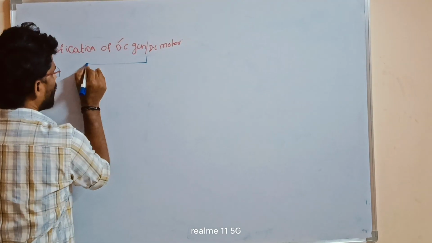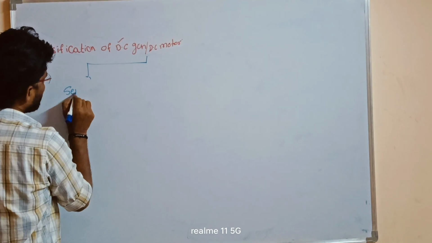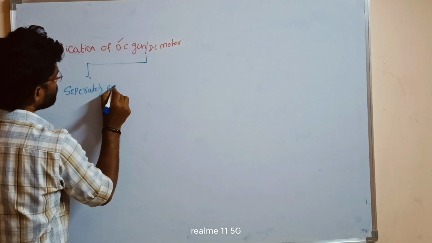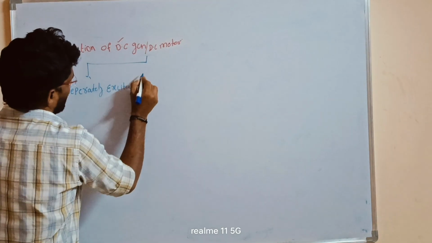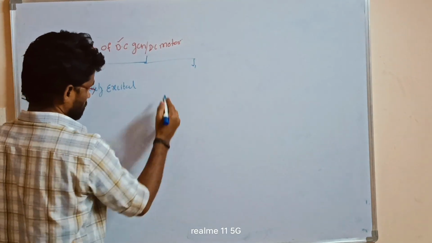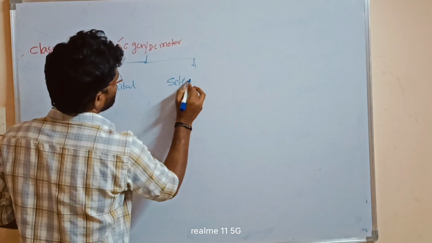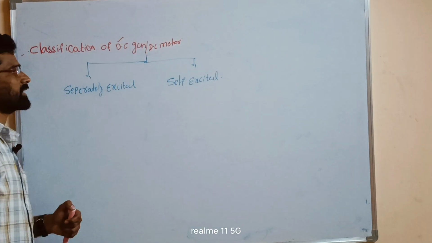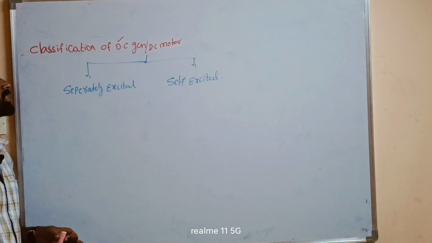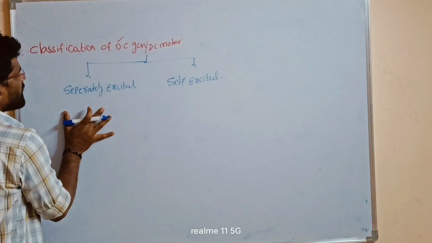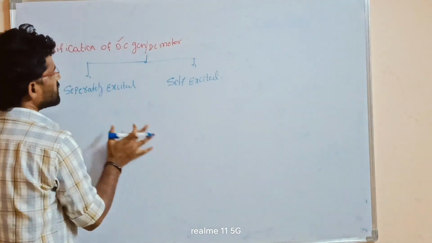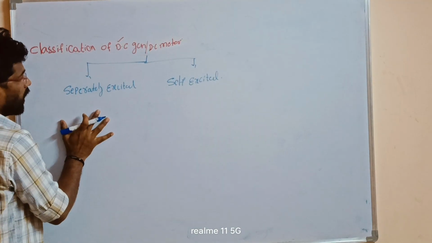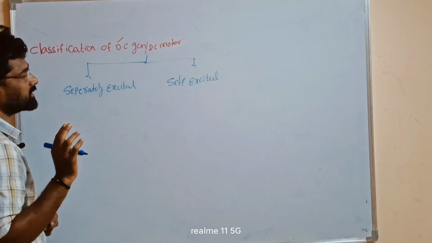That is nothing but one is separately excited, and the second one is self-excited. One is a separately excited machine, the second one is a self-excited machine. So what is a separately excited machine? What is a self-excited machine? Separately excited, in the sense, in a DC machine the construction parts